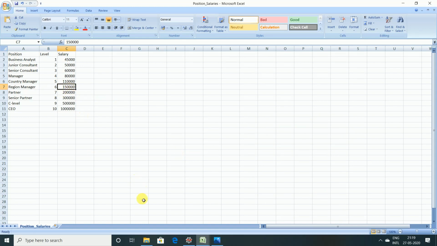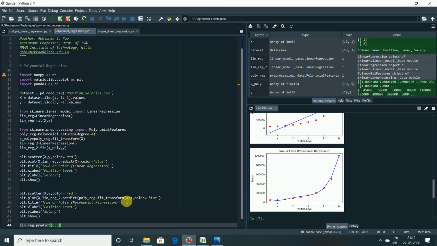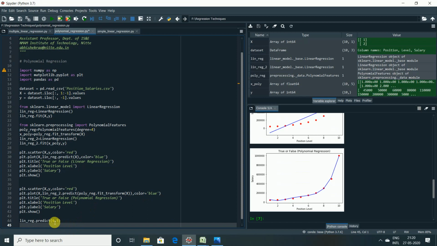Correct? Now, we can't give the data like this. We need to put it in an array format, or like a sparse matrix. To do that, I put it in 2 square brackets here. This is because the input has to be array-like or a sparse matrix.